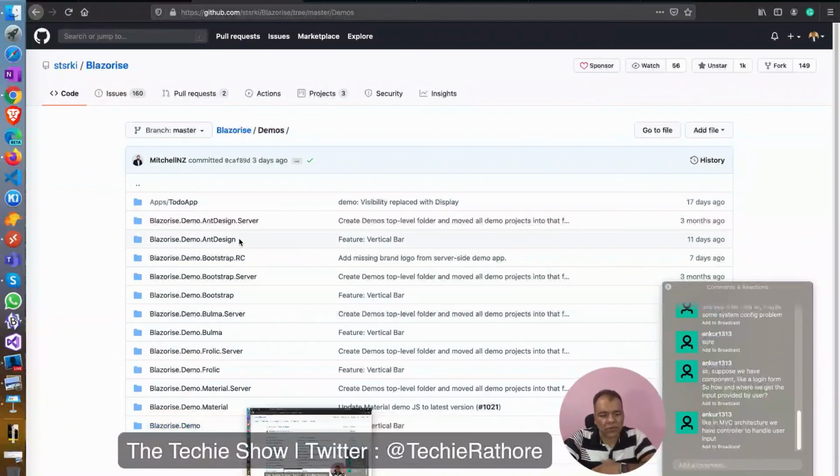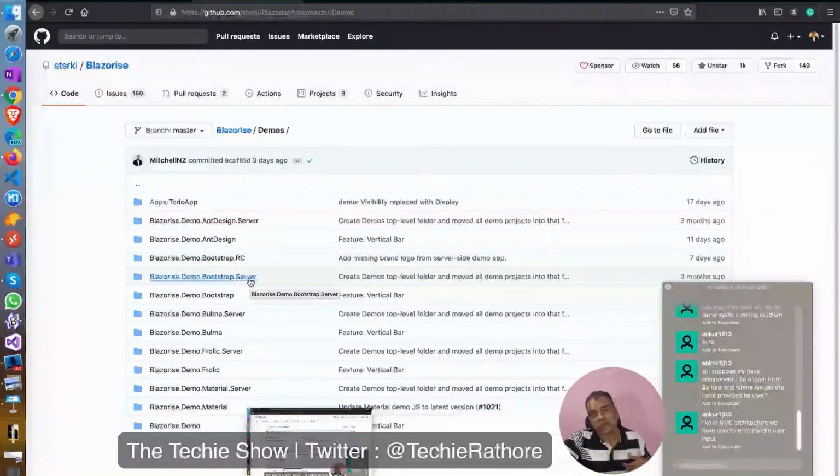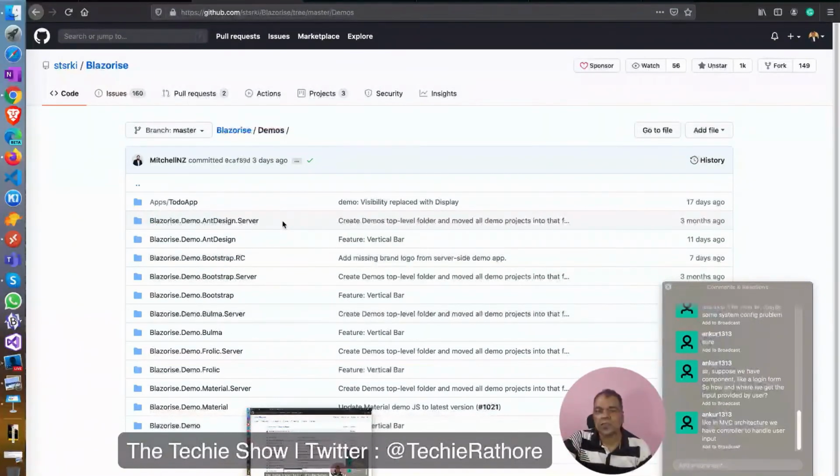This Blazorize demo bootstrap.rc runs Blazor server. This bootstrap.server also runs Blazor server. This bootstrap is WebAssembly based. This ant design is WebAssembly based. This ant design.server runs Blazor server with the Blazorize ant design components.